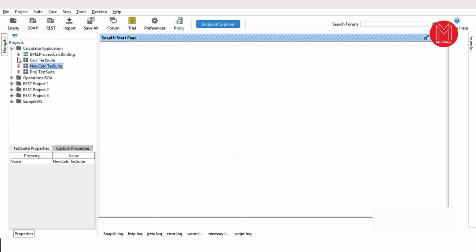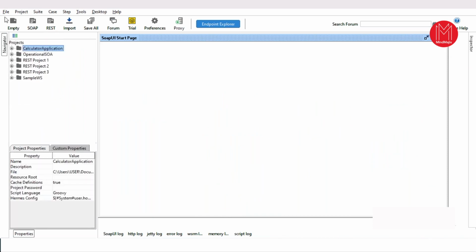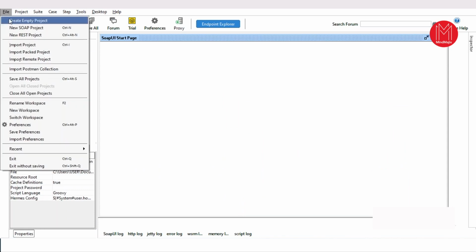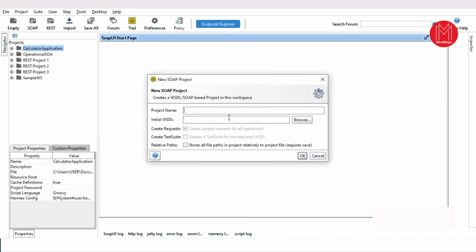So let's load this particular integration which we have developed right now. Go to File, click on New SOAP Project. I'll save it as SoapUI demo, and I'll paste the physical file over here. And in case of testing, we need to create a test suite also. We can manually create it. Otherwise, we do have a checkbox where we can just